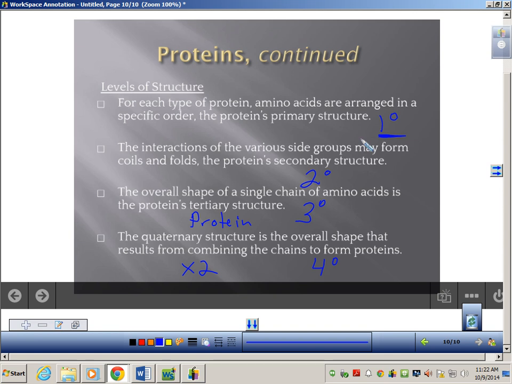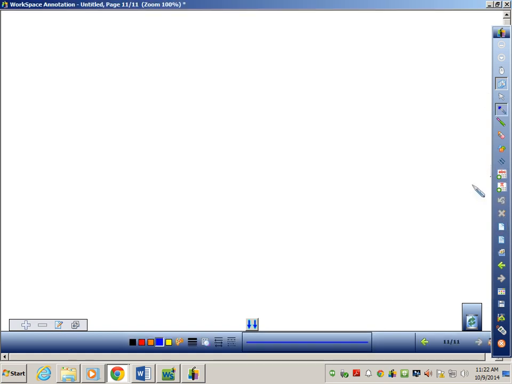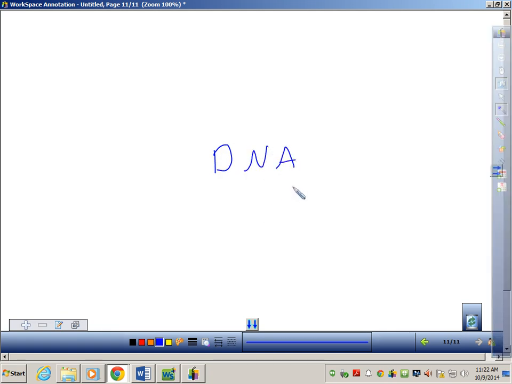So we're going to do something together real quick, because this might be the most important thing we do together all year: talk about this very simple idea, because we're about to talk about nucleic acids, which is DNA. DNA is a pretty big molecule. Where do you find DNA? It's what chromosomes are made of, but where do we find it in the cell? The nucleus, I heard it. So DNA is inside of this nucleus.